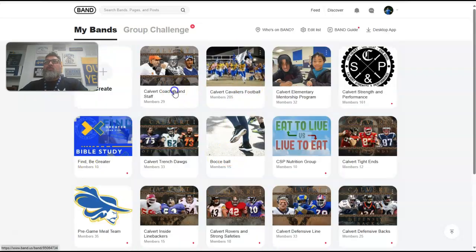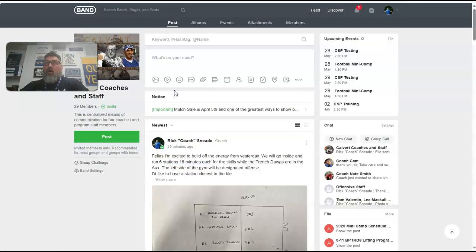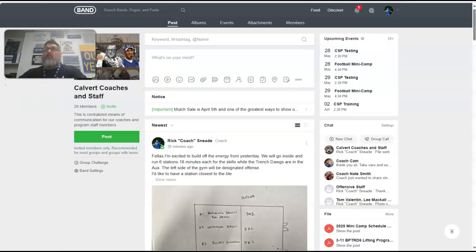So let's go ahead and open the coaches staff band. So here we are. This pretty much should be what you guys are seeing, and if you're seeing it on your computer, this will be a wider layout. Now, of course, at the top here are the things that you would see. On yours, at the bottom, the first thing is a little icon, which is the chat function. The second one, I believe, is the event calendar. It looks like a square.